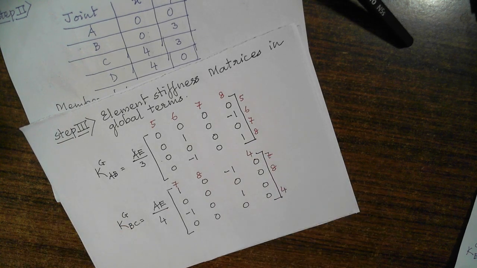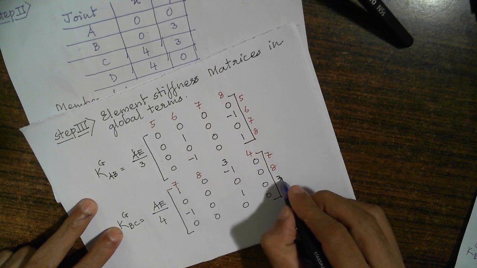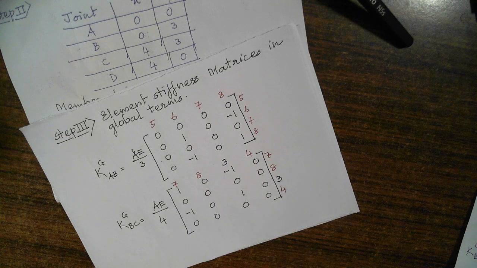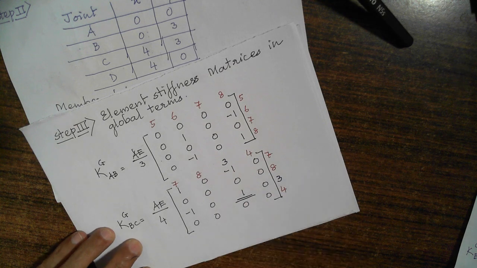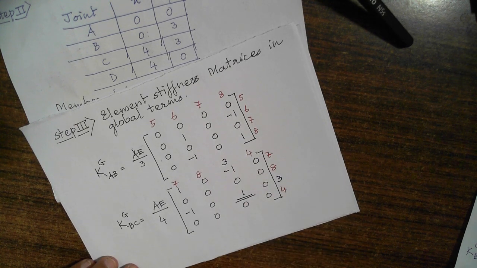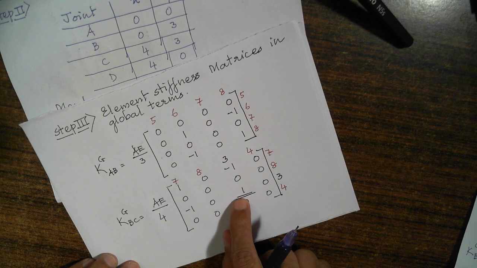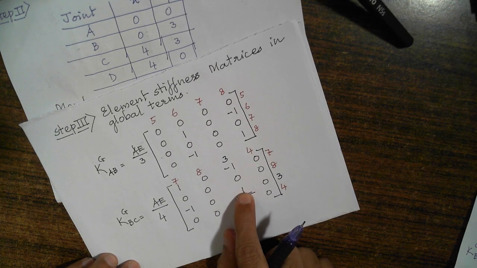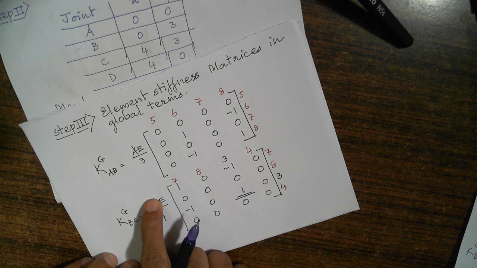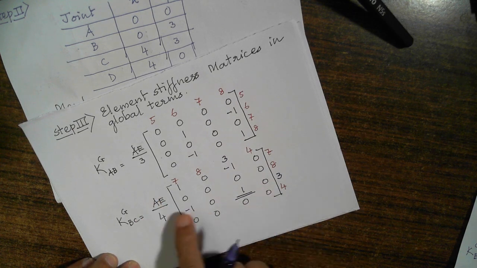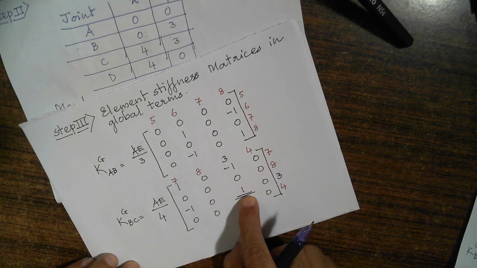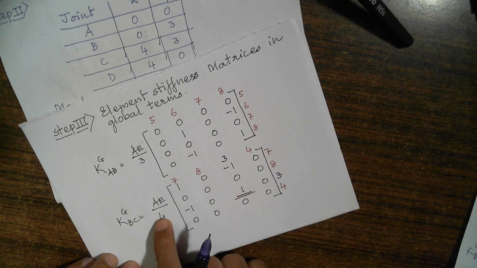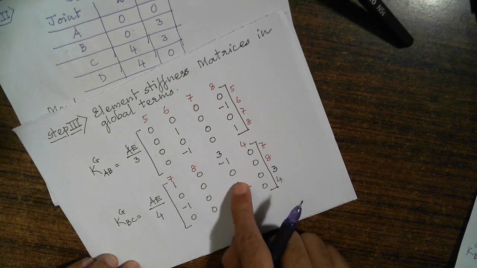7, 8, 3, 4. These are the coordinates that are assigned to this matrix BC. Now from this matrix, I am able to get only this element to be mapped for my final global stiffness matrix for the structure. As we discussed in our previous numerical, we should not take it as 1 as a whole. It is 1 by 4 if we take AE common, because the lengths of every member are different. So this denominator will vary from member to member. So instead of taking this 1, we will take 1 by 4, that is 0.25.